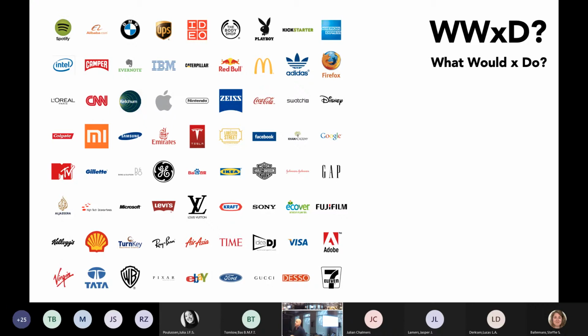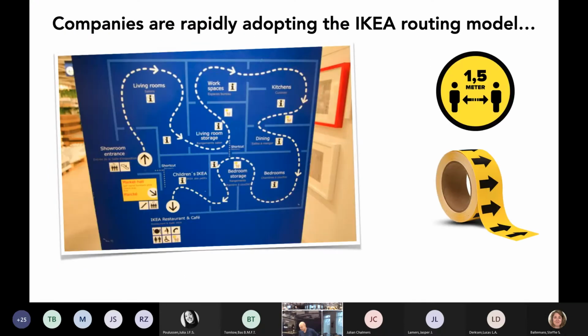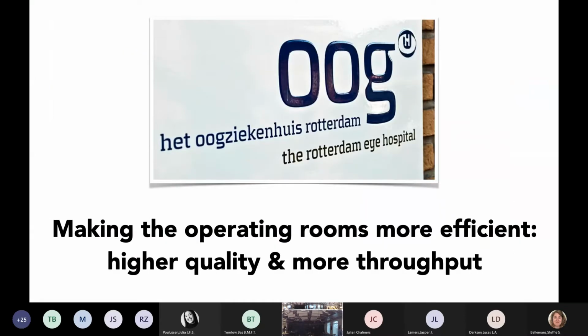in that. In COVID times, virtually everybody has adopted the IKEA model. Looks like this. Everybody's now following arrows. Here also in this building, we follow arrows, lines, and we take 1.5 meters apart and things. The eye care hospital in Rotterdam thought about doing the same thing. They wanted to make their procedures faster and more efficient because they had a few cases that